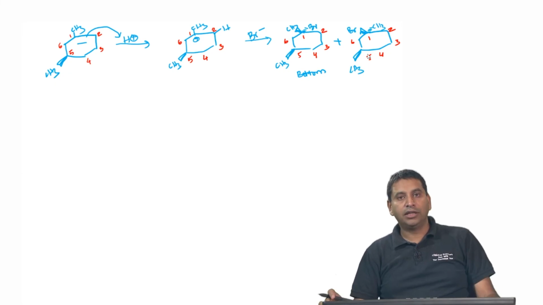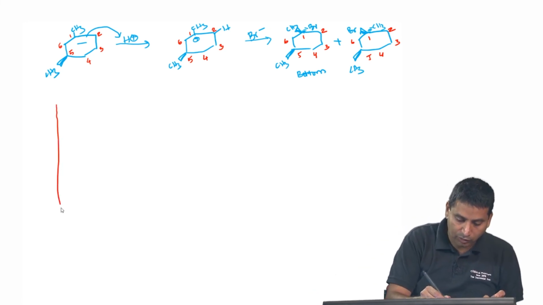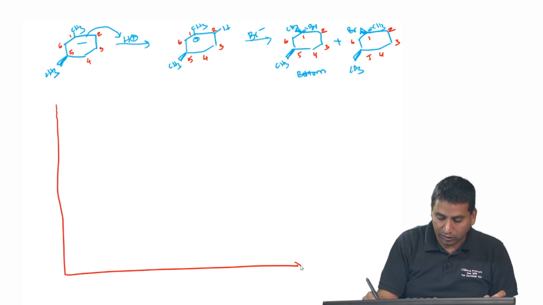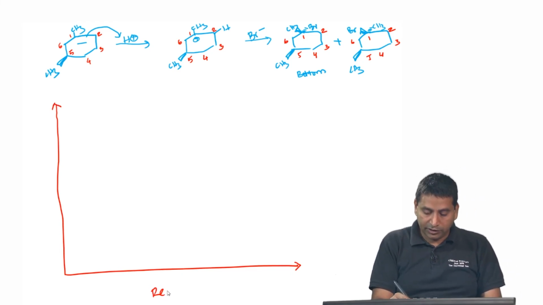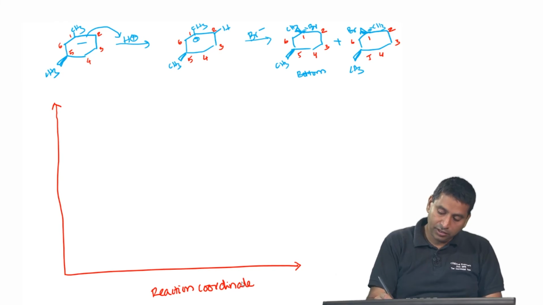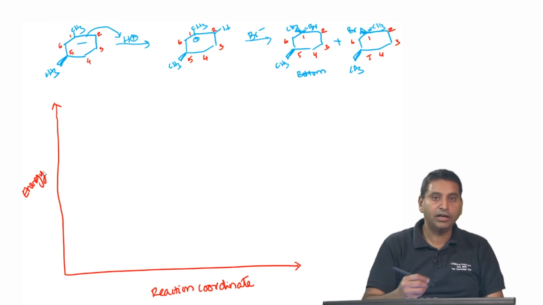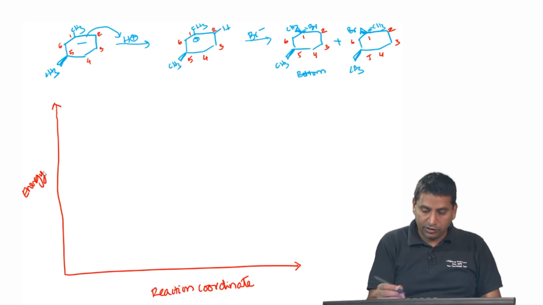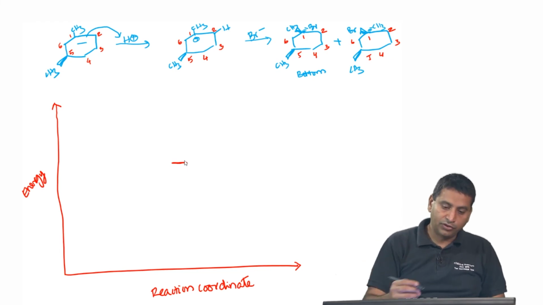Now, we have drawn the reaction mechanism. I have to now draw an energy profile. So, in the energy profile, I would draw it in the following manner. So, I have to draw an x axis and a y axis. The x axis is reaction progress or reaction coordinate, and the y axis is energy. Okay. So, I am just going to draw this starting material in between,